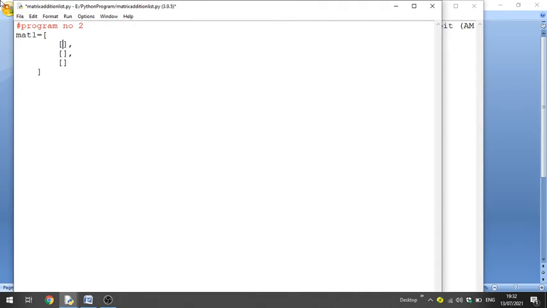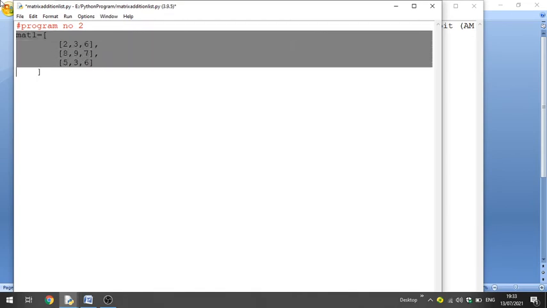We initialize this list: 2, 3, 6, and then in another row 7, 9, and 8. And in the third row I will just put 5, 3, and 6. So this is the matrix 1.